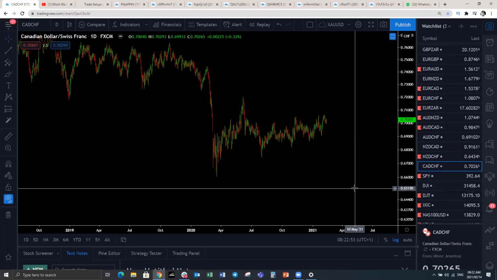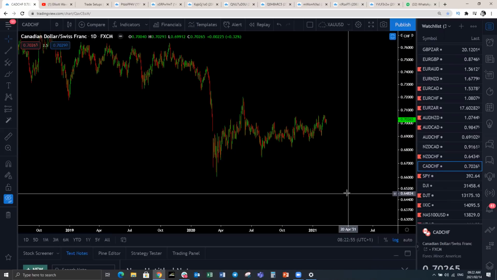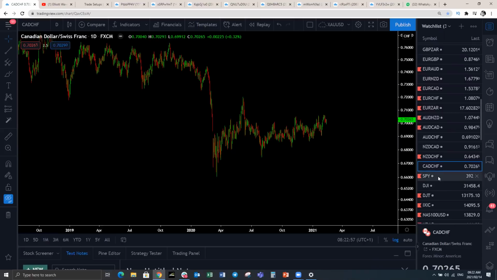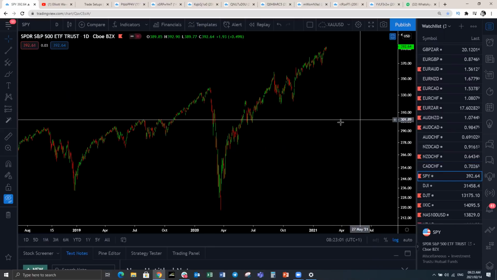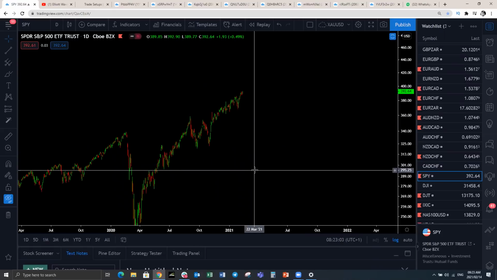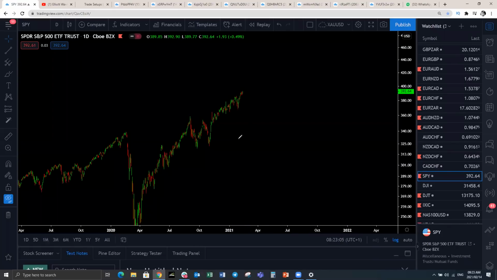So those are all the Forex pairs and commodities. Let's have a look at the indices. I have been saying just one simple thing on the indices for the longest time. So this is the S&P 500. So we forecasted the indices from around this area. Let me see if I can show you where the charts from around here.